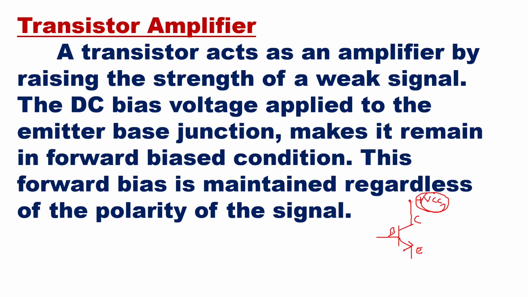Now that should be done properly, because afterwards, when we apply an AC signal to the base, whenever the AC signal goes into the negative half cycle, the biasing should not be affected. The forward bias of the base emitter junction and the reverse bias of the base collector junction should not be affected even when the input is going through the negative half cycle. So that is why the DC applied voltage is very important, to keep the first junction between base and emitter forward biased and the second junction between base and collector reverse biased.